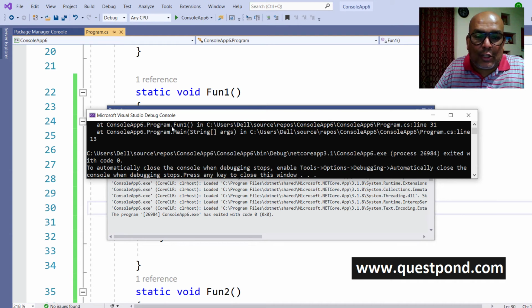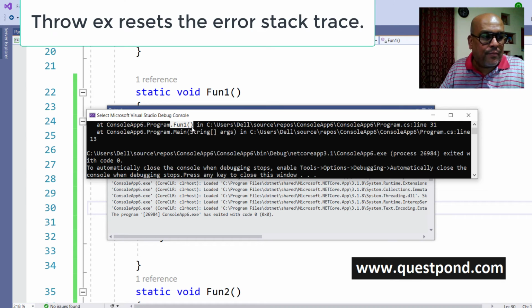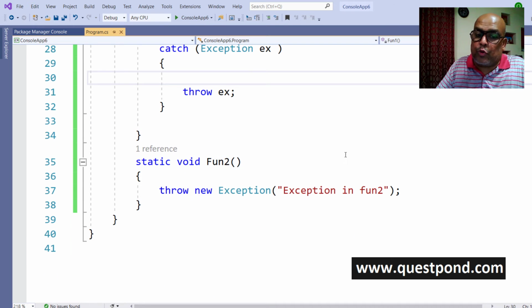you will come to know the difference now. You can see that it is not showing me function 2. I'm repeating, it is not showing me function 2. So throw ex resets the stack trace, while throw maintains the stack trace. The throw will maintain who was the originator, from where the error happened, but the throw ex resets the stack trace. So it's always a good habit to use just throw,